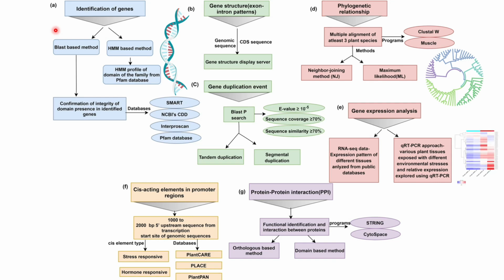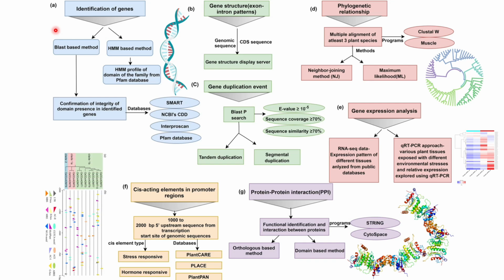After that, we are going to do gene expression analysis. Gene expression analysis is very important. For example, we are going to take the SRA database and we are going to analyze the abiotic stress relationship in a plant species. After that, we are going to focus on the proteins. We are going to make a protein-protein interaction network by using the STRING database, and we are going to build functional identification between proteins. Also, we are going to analyze the cis-acting regulatory elements that are present in our promoter regions.